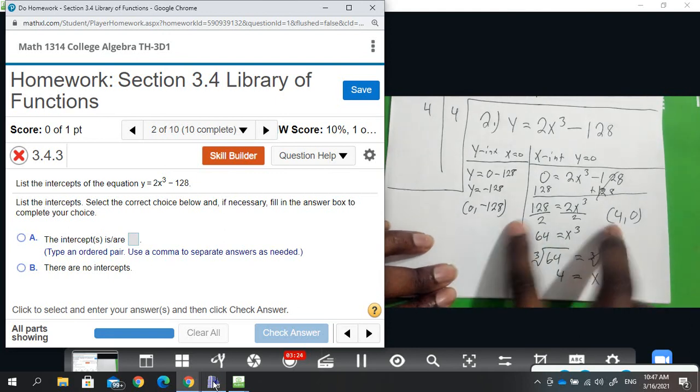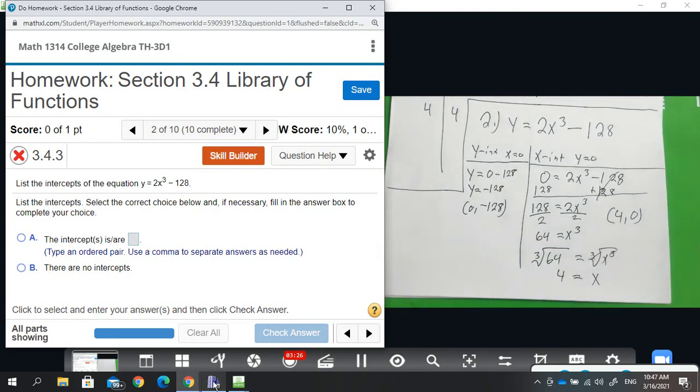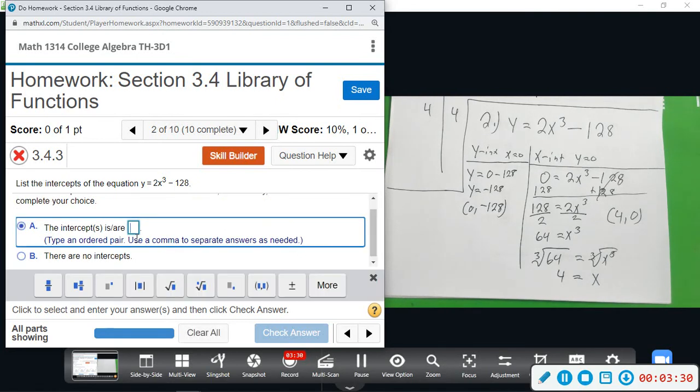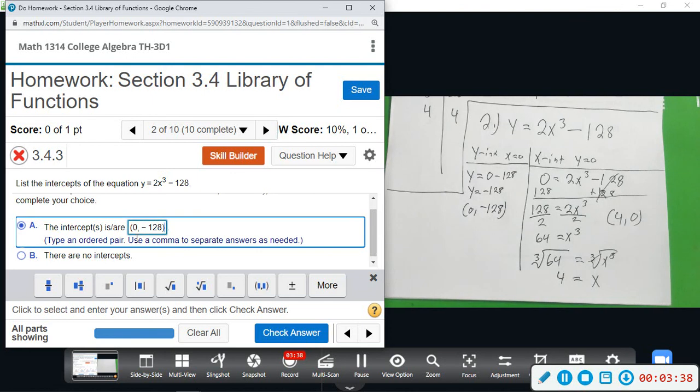So here are your two intercepts. And it does want us to type them as ordered pairs, so that's why I always try to make a habit of doing that. So we have 0, negative 128, and then comma, we separate those with a comma, and then we have 4,